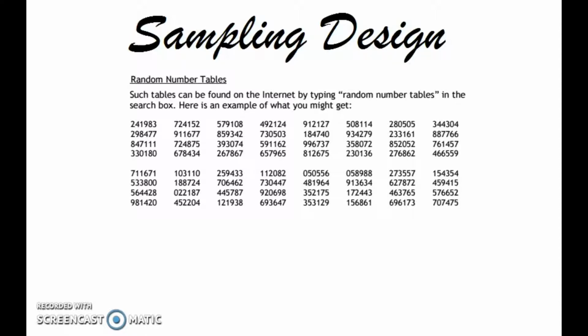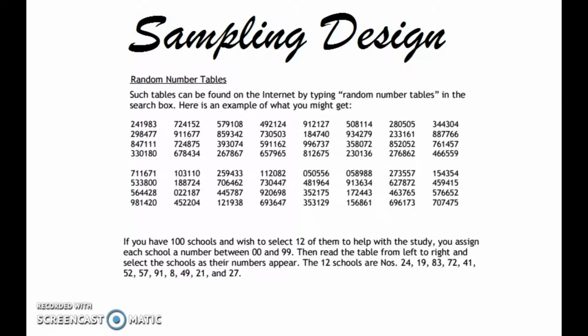And then it takes you into using random number tables. You can go onto the internet, search random number tables, and this is something that you might get. And suppose you have 100 schools and you need to select 12 of them to help you with a study. First, you number them from 00 to 99, and then read the table from left to right and select the 12 schools based on their 2-digit number assignment. Now, you also need to make sure that you do not duplicate here, so if there's ever any duplicates, you have to eliminate them. So the first 12 schools, we're going to start with number 24, and then we have